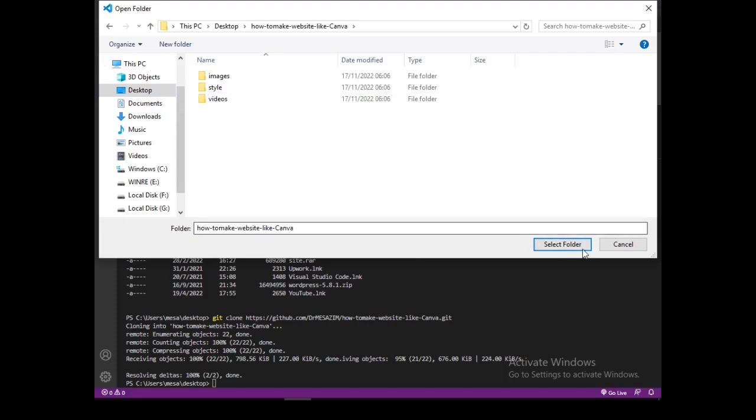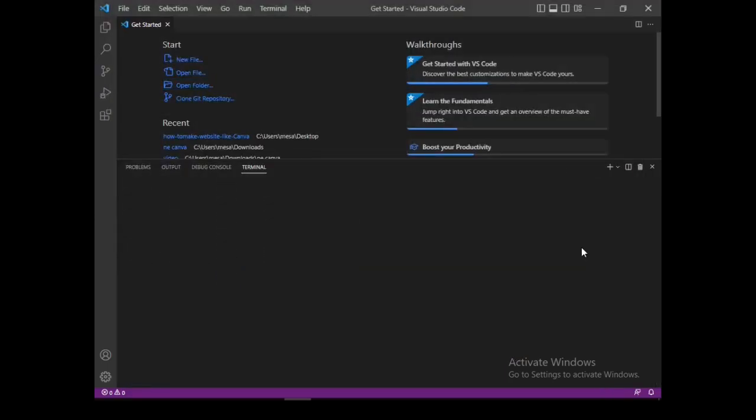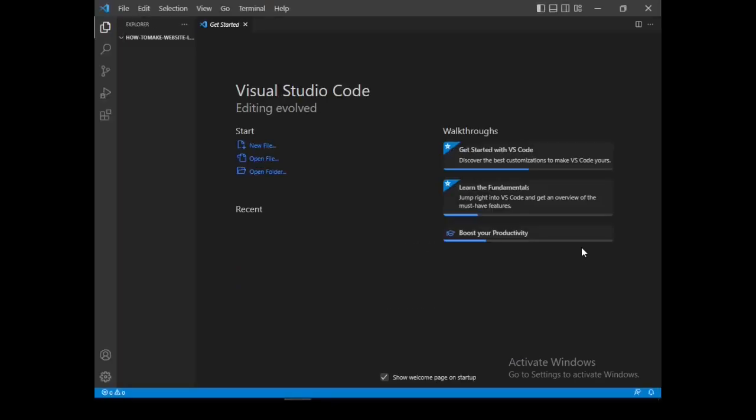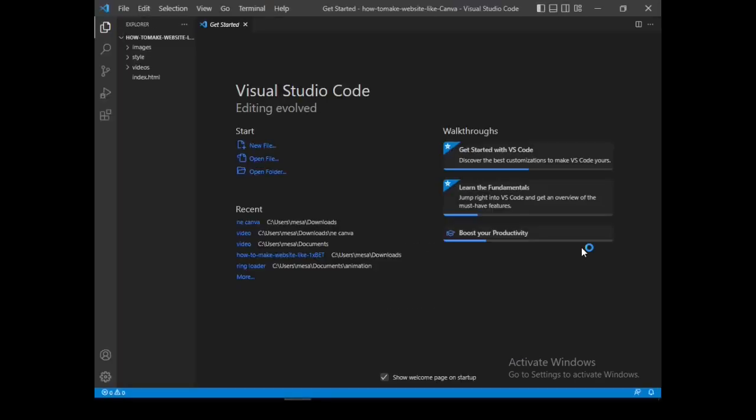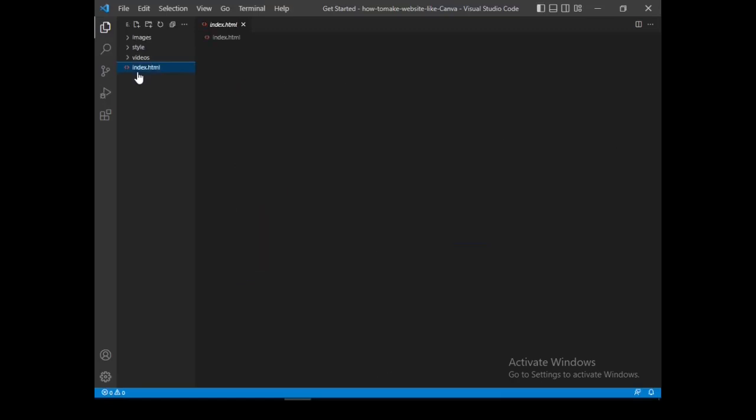There it is. So we open our boilerplate, and now is the time to get on to the coding.